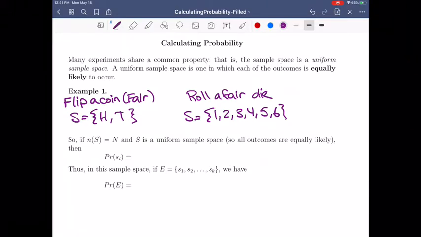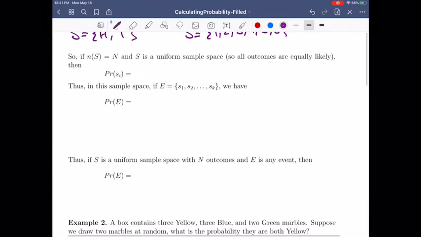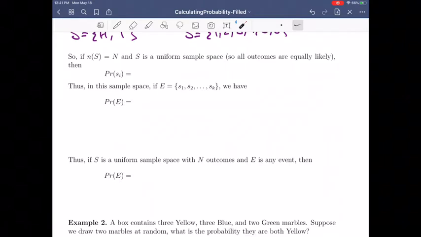Now, the benefit of having a uniform sample space is this: if you have, say, capital N outcomes in your sample space, so n(S) is capital N, and your sample space is uniform, they're all equally likely. That means that each probability, where s_i is just some outcome in your sample space, is going to be 1 over N. Now, if you're not sure why,